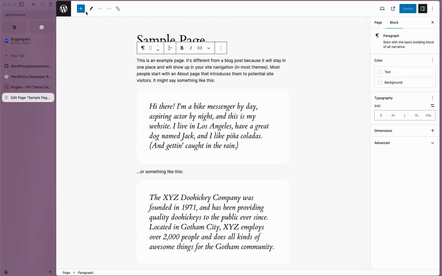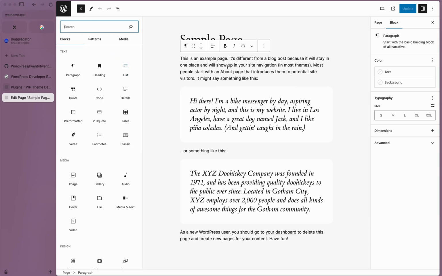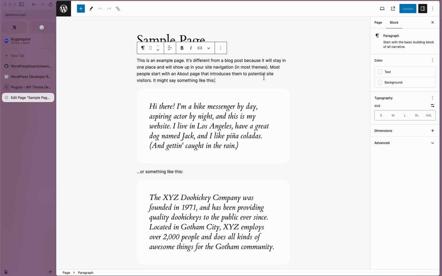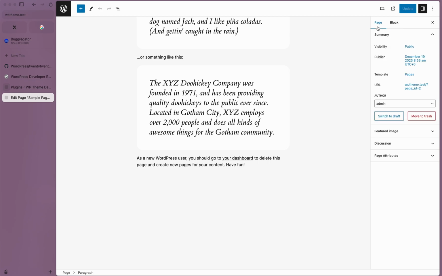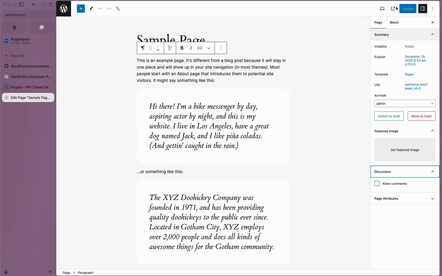You would insert blocks and do all sorts of things with that page, whatever you want to add, and the blocks you have at the moment. You would set a featured image, etc. for that page, and then you would hit update. And this is definitely debatable, because by default